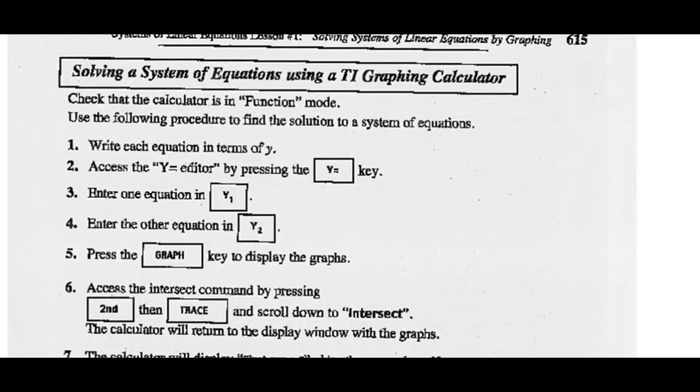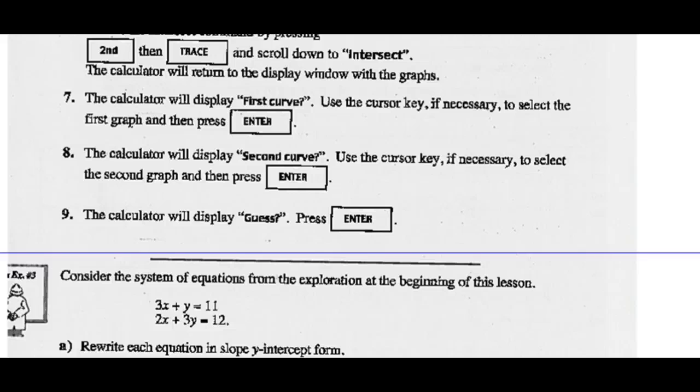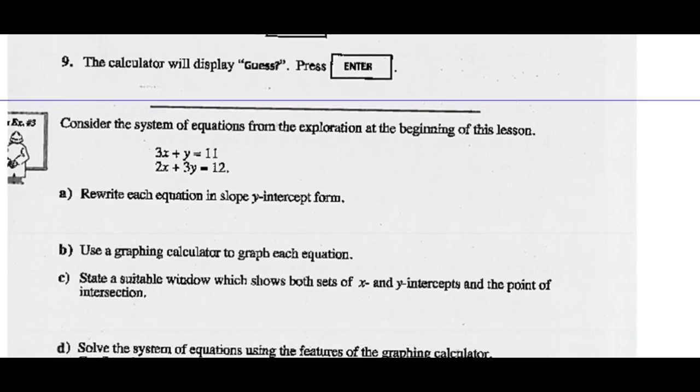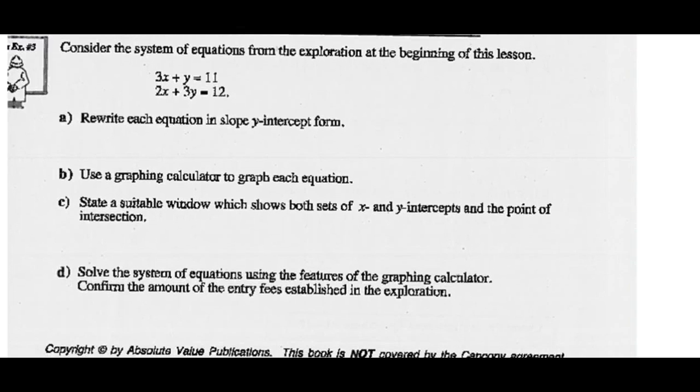Solving a system of equations using our graphing calculator. So it gives you all the steps here of how to do that. You can read through that. You'll have it for you. We're actually going to do this question with our graphing calculator. All right. So step 1, before you can put anything into a graphing calculator, you have to put the equation in slope y-intercept form, which means we have to solve both equations for y. The only thing on our graphing calculator we have is a y equals button,